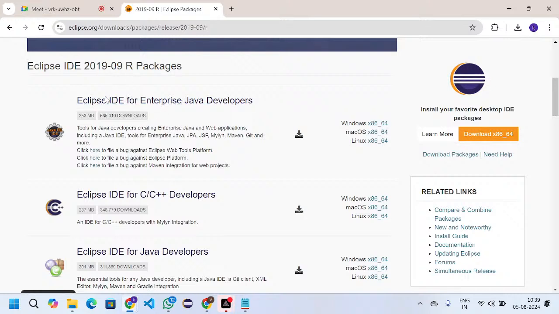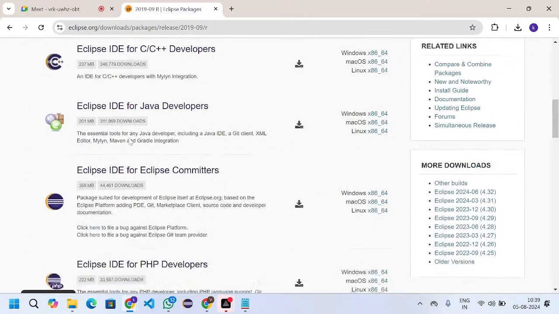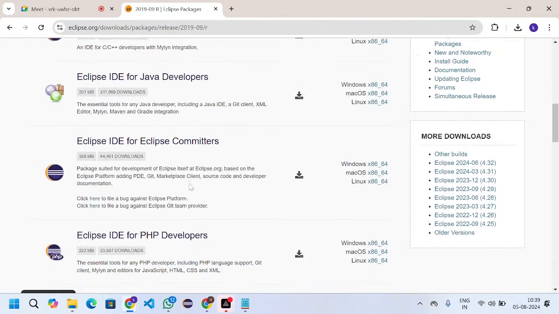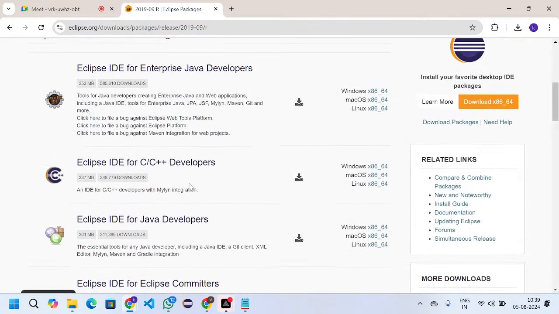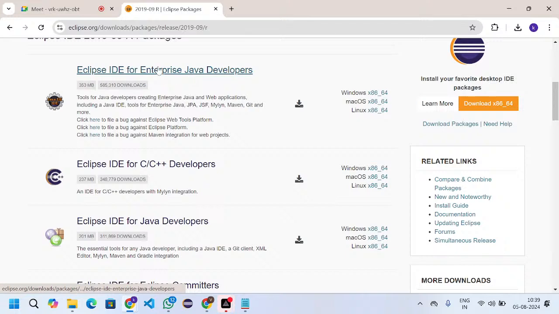If you want to create a dynamic web project, the IDE has to support EE, Enterprise Edition. If I download the one which is only for core Java, it is not like that. We have to download this one, the Enterprise Java Edition. Based on your system configuration, you have to download. In my case, my system configuration is Windows 64. If I click on it,